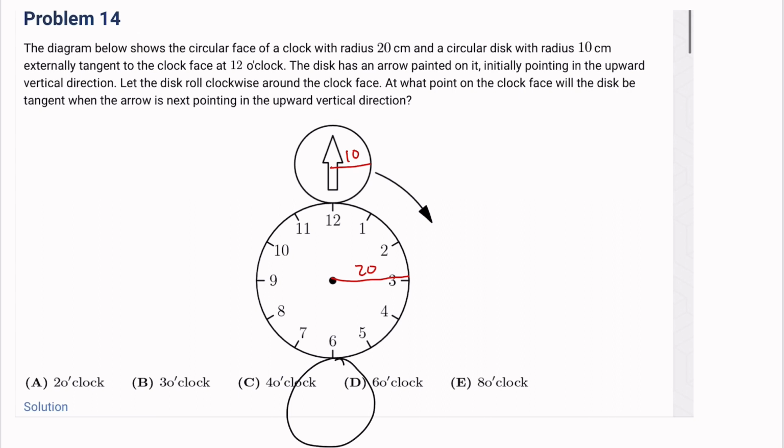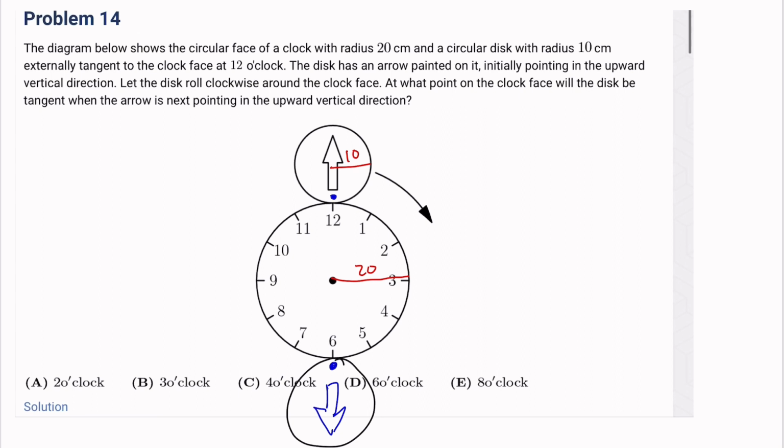And since let's say this point is where it was being tangent, that same point will be tangent again, right, because it's made one full revolution. And so seeing that, we see that the arrow is pointing downwards here, like so, right? So to get from this upward pointing arrow to this downward pointing arrow, we see that